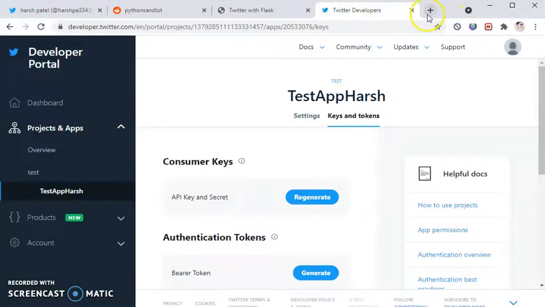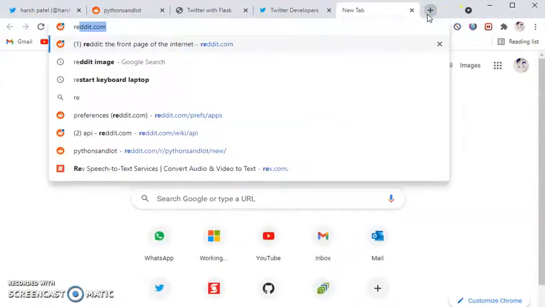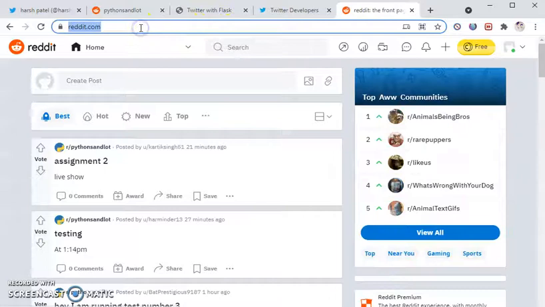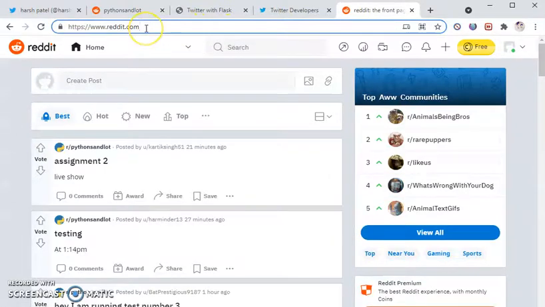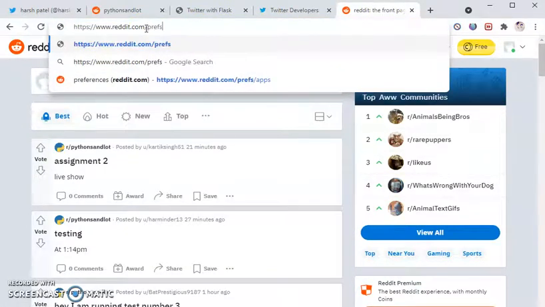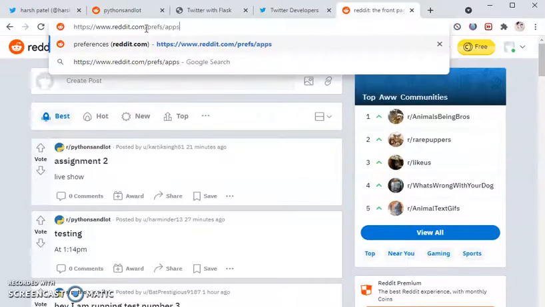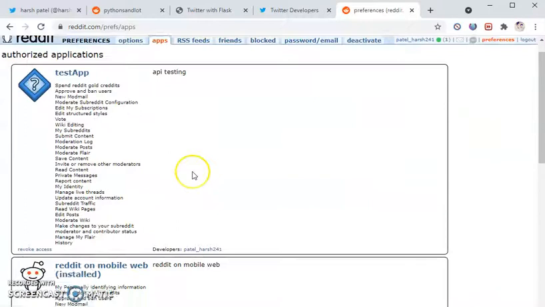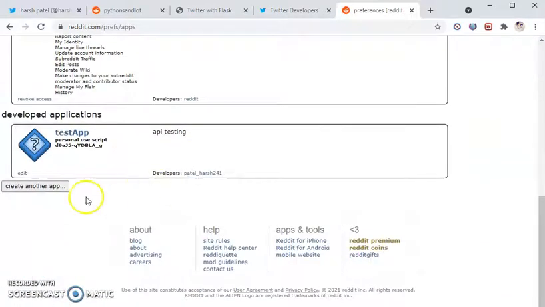So that's for Twitter. Let's go to the Reddit account as well. In the Reddit account, we need to go to /prefs/apps. You have to create an app here. As you can see, I've already created one application here for API testing purposes.